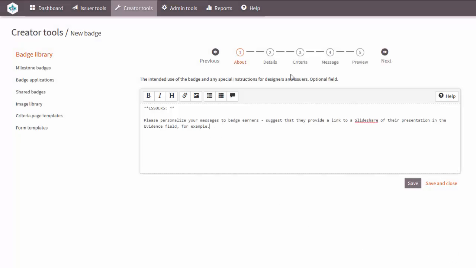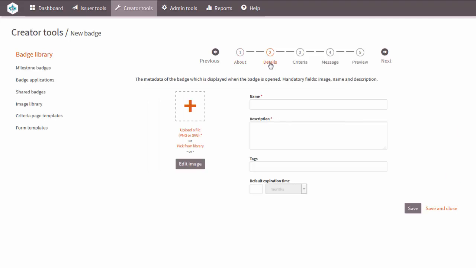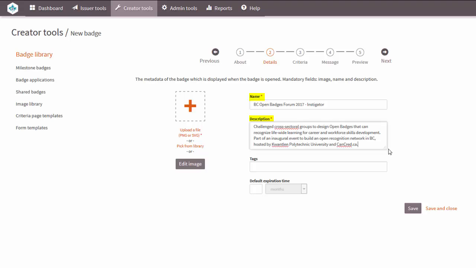Step 2 is where you enter the top-level details of the badge. Notice that throughout this workflow, mandatory fields are marked with asterisks to guide you in creating a quality badge. There are 3 mandatory fields in this step: name, a brief description of the badge,